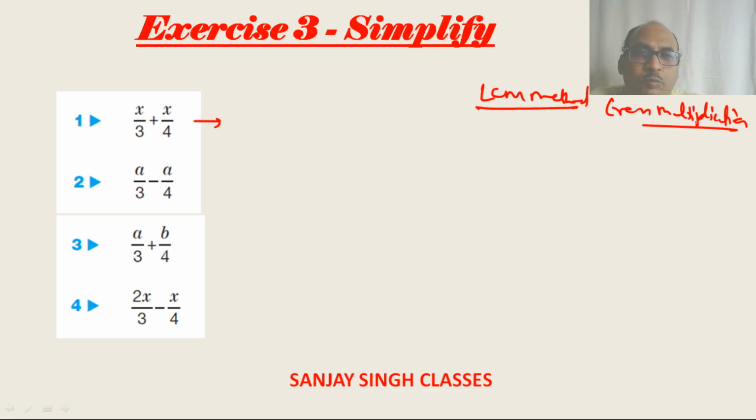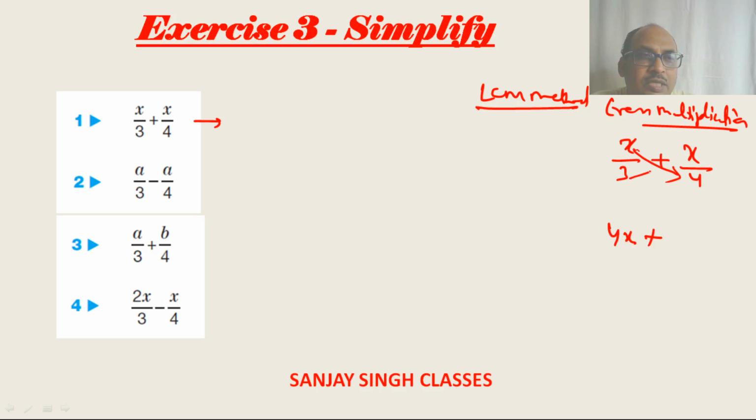Both methods I am going to discuss now, and I will show it to you: for two fractions, cross multiplication should be utilized, two fractions at a time. Suppose for cross multiplication, if I am telling you, x by 3 plus x by 4 is there. So our first step is to multiply this one. Okay, so we will get 4x, then plus, the sign in the middle, and then our next